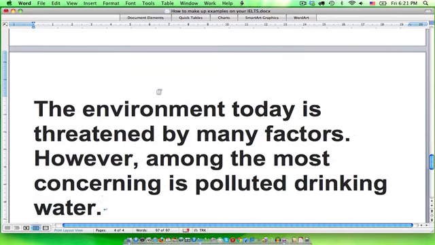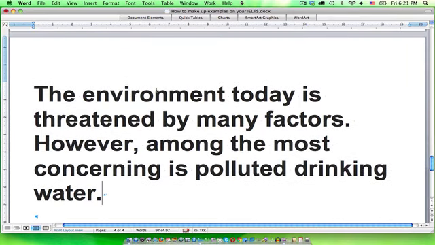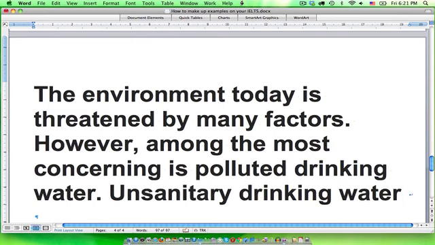Okay, so the environment today is threatened by many factors. However, among the most concerning is polluted drinking water. And concerning, we're referring back to these factors. Okay, now we've narrowed it. We're talking about drinking water. Now let's be even more specific and let's say unsanitary drinking water